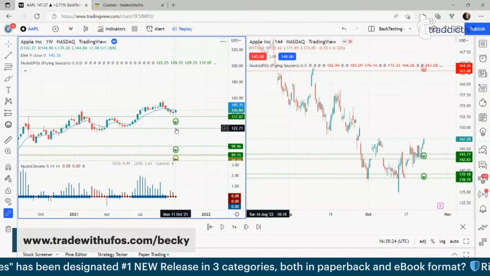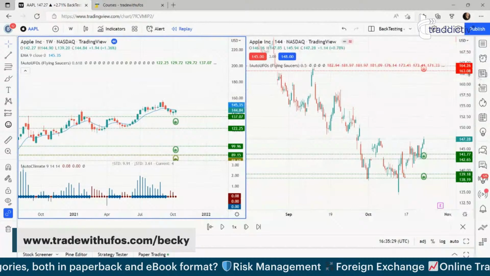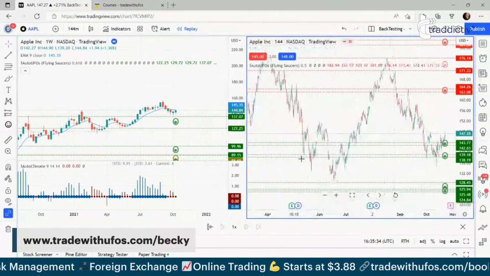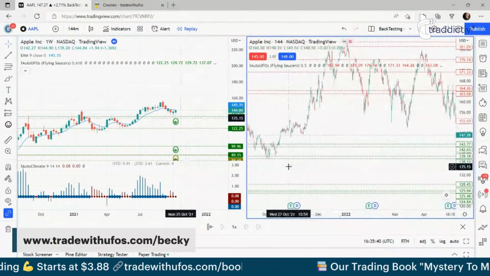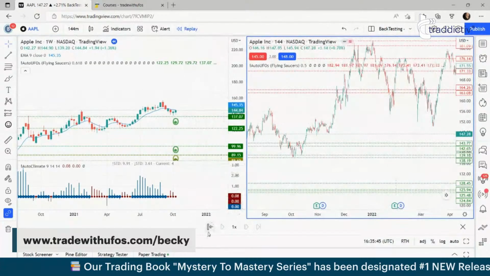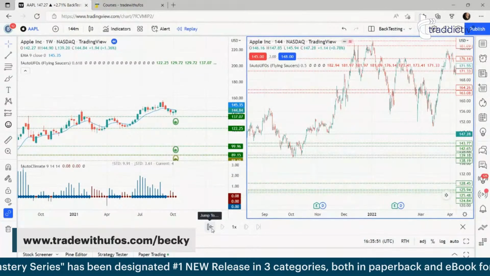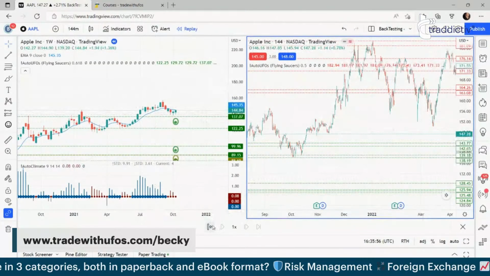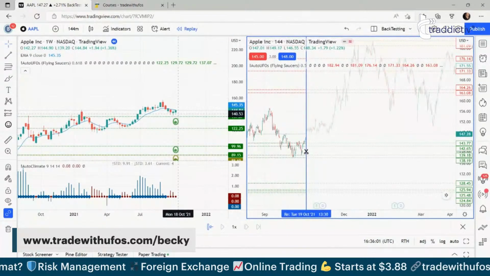So if I was looking at this on Monday morning before the markets open, this is what I see on my weekly chart. Now let's assume I'm using a 144. I'm going to do the same thing. Now, because it's a smaller time frame, it's going to be more candles, obviously, that make up that area. So we'll go back to roughly that area here. I'm already on replay. So see this button here? It's like an arrow that's pointing towards a candle. If you hover over it, it says jump to. I'm highlighting what's on the right here. It's got a blue box around it. I'm just going to click that. And I'm going to go back in time to the week of the 18th.